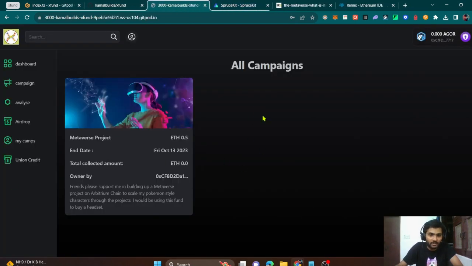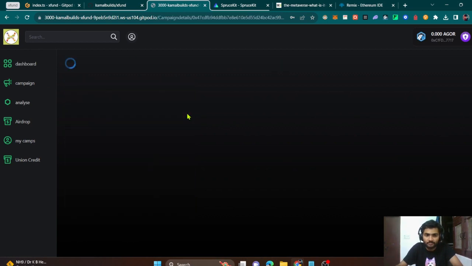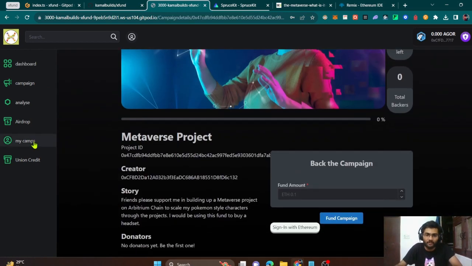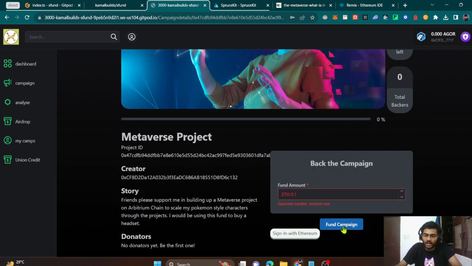us this smart wallet. Now we can see that under all campaigns, this is the campaign that's listed on the Arbitrum chain. So we can click on it to view all the campaign details. Here we have all the campaign details like Metaverse project, the project ID, the creator of the project, the description of it, the donators listed, and if you want to support this campaign, you can support by funding it. And we have a funding campaign button along with the sign in with Ethereum, which is powered by SpruceKit